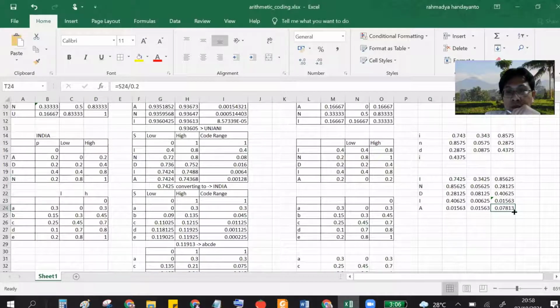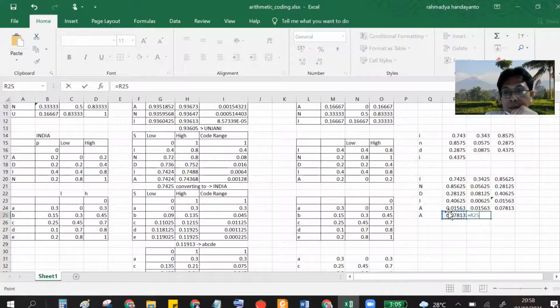For example, if we continue, this 0.0 is A again, and then we subtract this with the lower bound, and then we again find the new number.